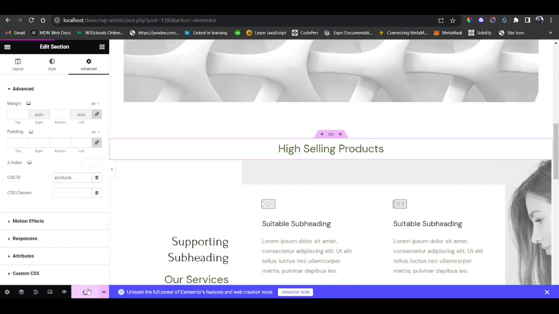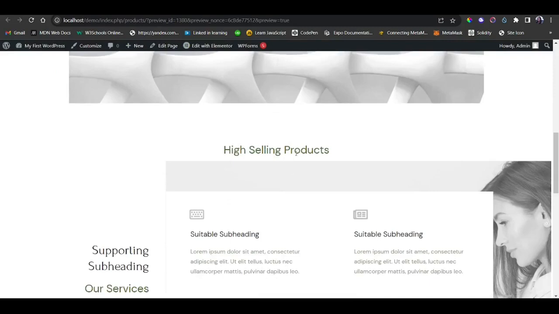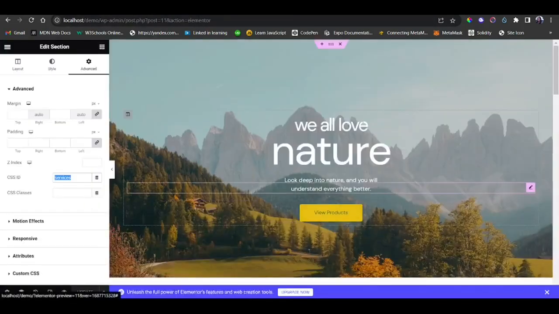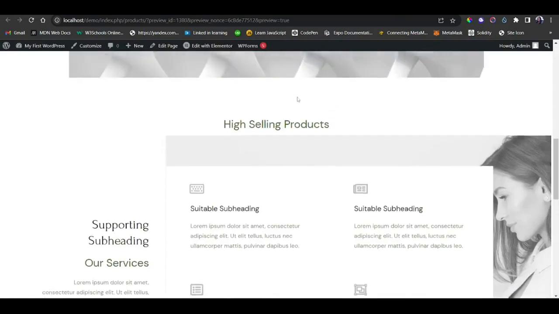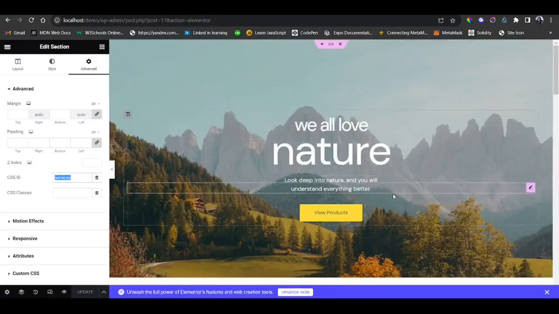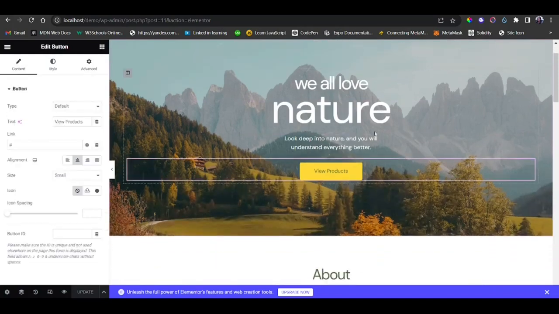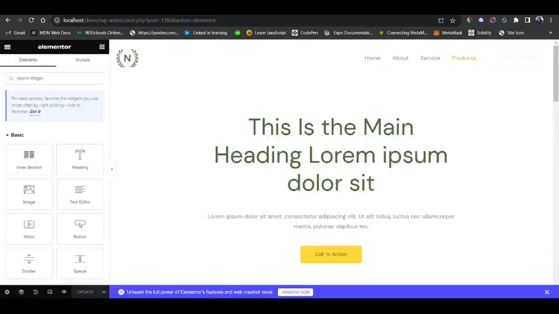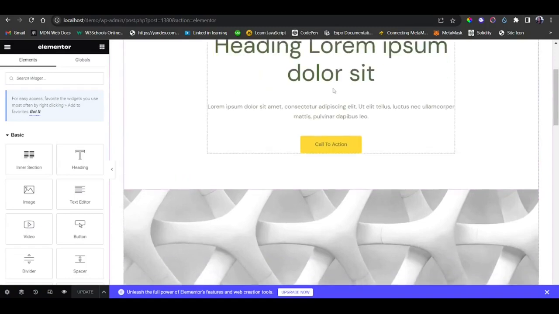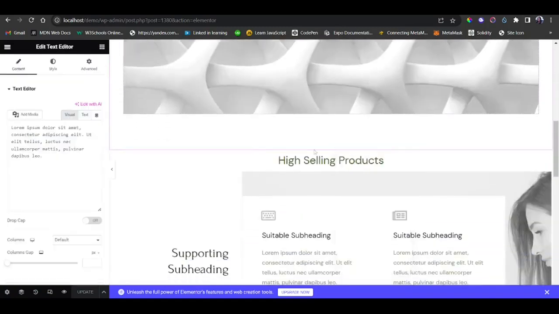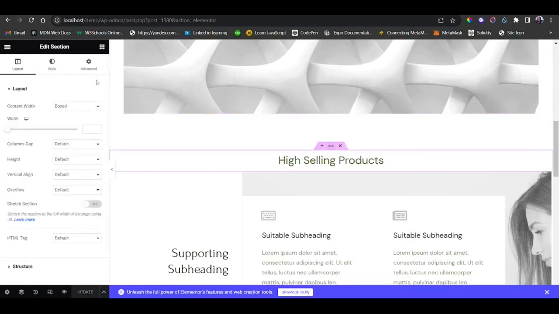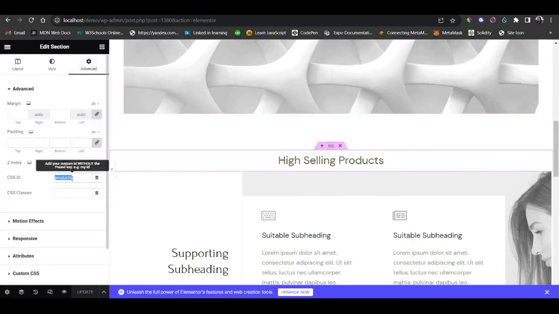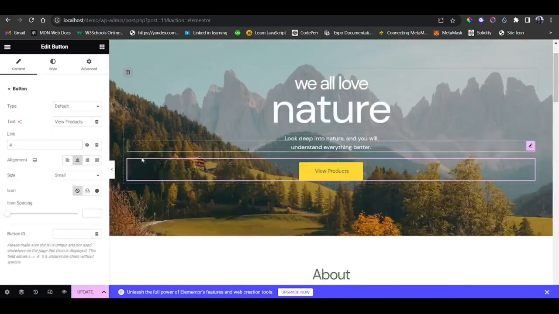Click on Update. Okay, so this is the section that we want. When we click this button, it comes to this section. So we go back to the button here and click on the button, select it, go to the left panel, and on the link on your button you can put hash. And how did we name it? We named it, let's see, this section, Advanced tab, products. So copy products, come back to the button, on the link,